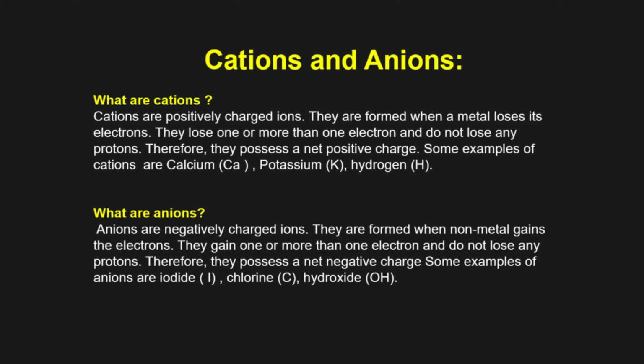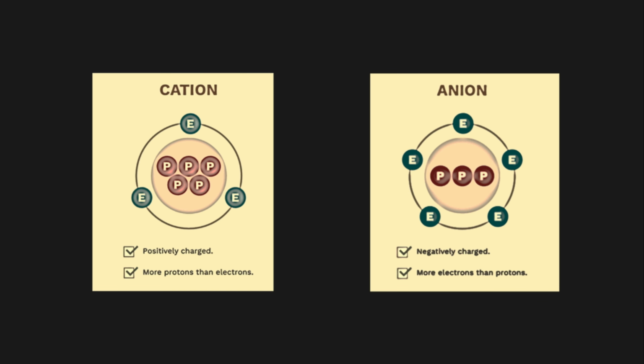Here is the pictorial representation of cations and anions. First, we will deal with cations. In the nucleus, if you see, there are 5 protons, and in the outermost shell, there are 3 electrons. So, if we tally, it gets 2 more protons. Thus it attains a positive charge, because protons have positive charge. So a net positive charge is attained by this ion and it becomes a cation having 2 positive charges.